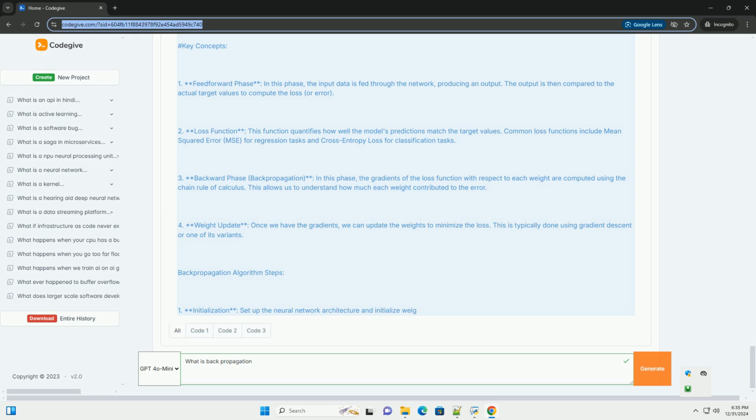weights_input_hidden = np.random.rand(input_layer_size, hidden_layer_size). weights_hidden_output = np.random.rand(hidden_layer_size, output_layer_size). Learning rate. learning_rate = 0.1. Training the neural network. for epoch in range(10000):